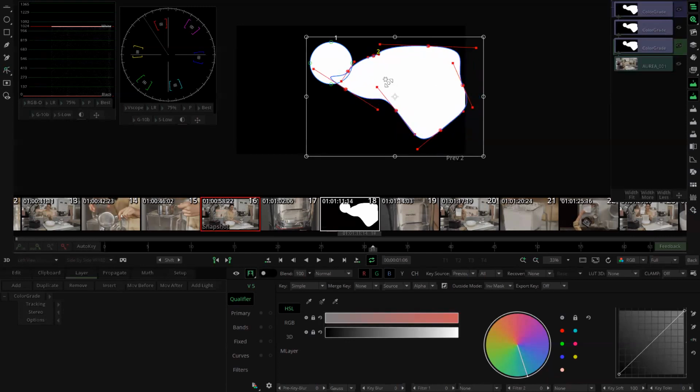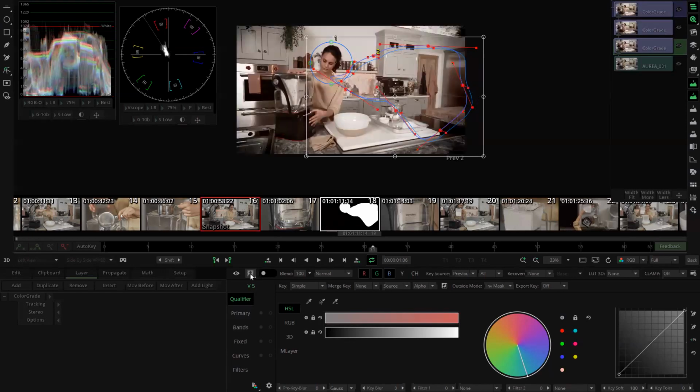Sorry, I just messed this up for a second. So you could have as many shapes as you want